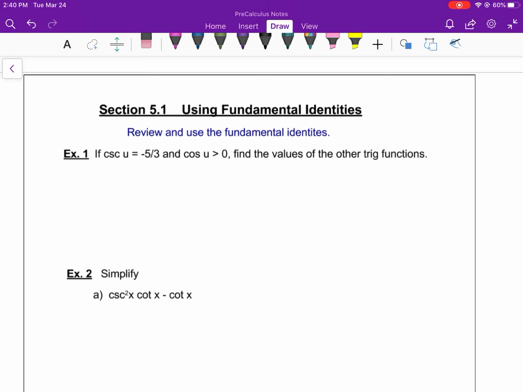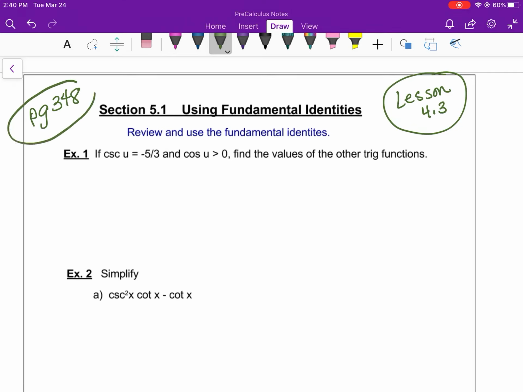So the identities that we're going to be using are the same identities that you would have had in Lesson 4.3. And so some of this work is going to look pretty familiar. We're going to start off with opening up to page 348. The identities that are on page 348 are super important, and they're the ones that are going to carry you